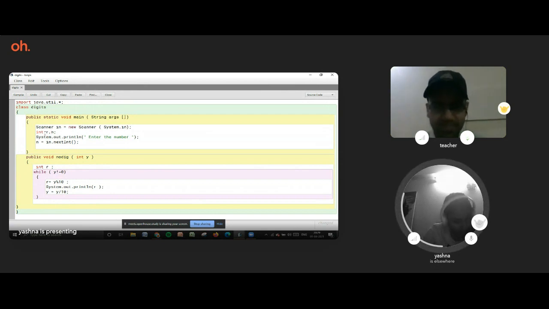Why do we make this object? Because you want to call this method which we have created called NODIGIT, right? To call this method, you need to create an object. Only an object can call a method. Or there's another way, there are two ways actually. I should have prepared better, but I didn't know we were going to discuss functions today. It's okay. So now look, there are two